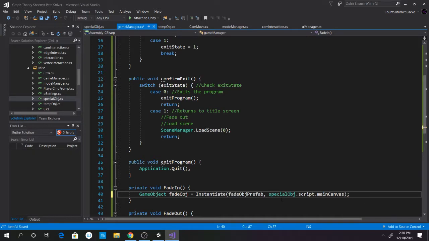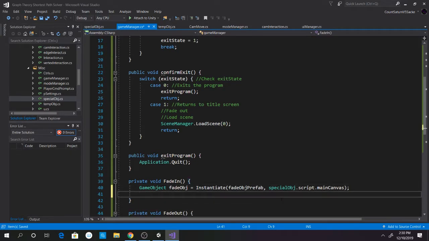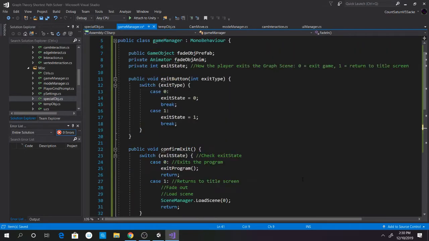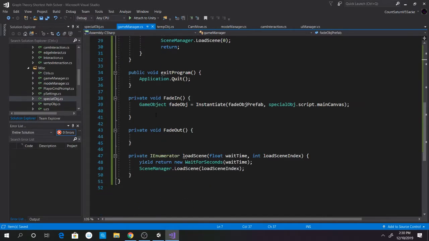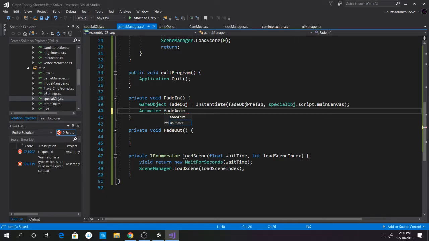Yeah, like that. Then what we want to do is get the animator. I don't even think we need to make this a variable, so we can probably just get rid of that. Here we're going to do an animator, the fade anim, equal to